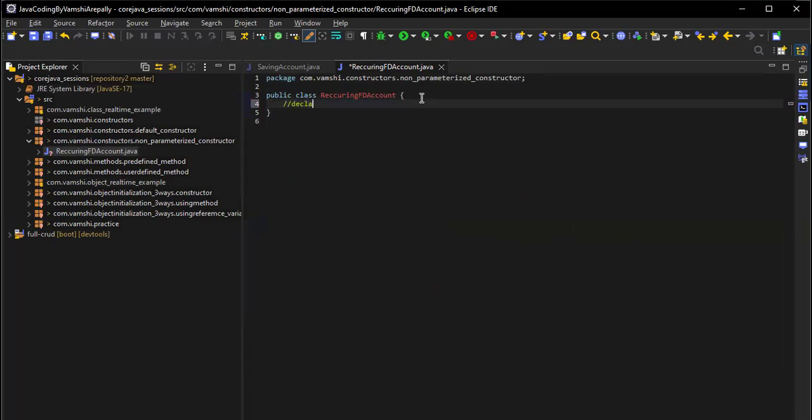Declaring instance variables like RFA customer account number. Here we have to declare the type: long, and string RFA customer name,